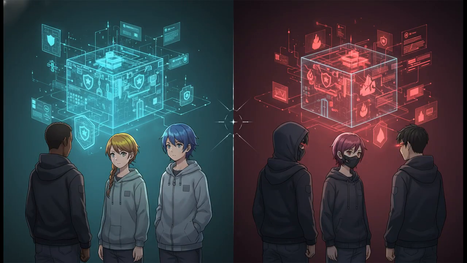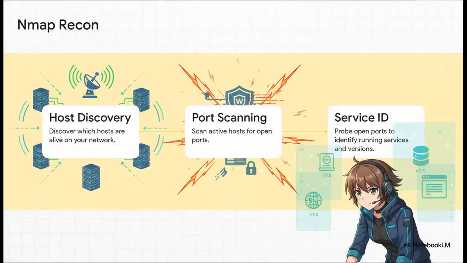Okay, we've talked a lot about defense. Now it's time to switch hats. Let's start looking at your network the way an attacker does. An adversary is going to do these 3 things right off the bat. First, they'll use a tool, probably Nmap, to discover which hosts on your network are even active, which machines are turned on. Second, they'll scan those active hosts for any open ports. And third, they'll start poking at those open ports to figure out the exact services and software versions that are running. This becomes their roadmap right into your systems.